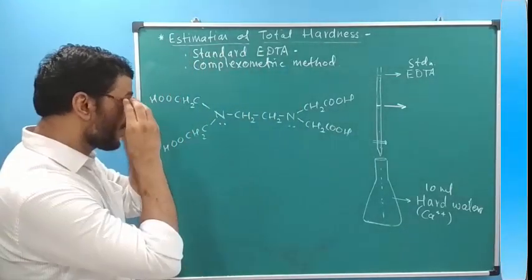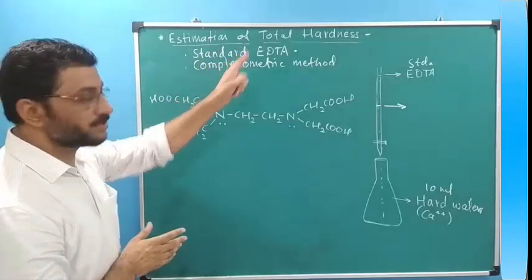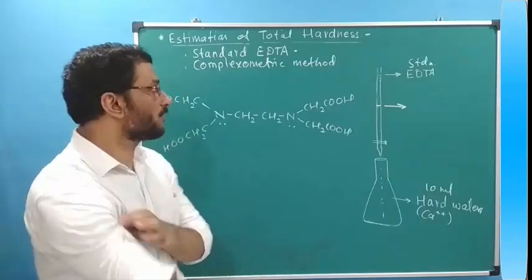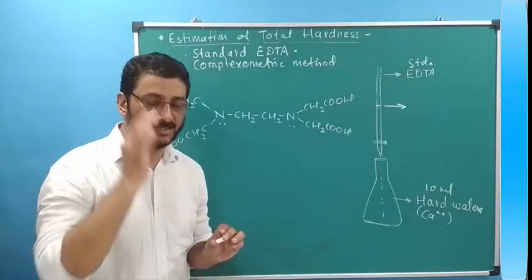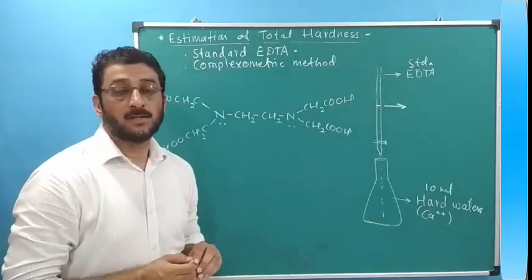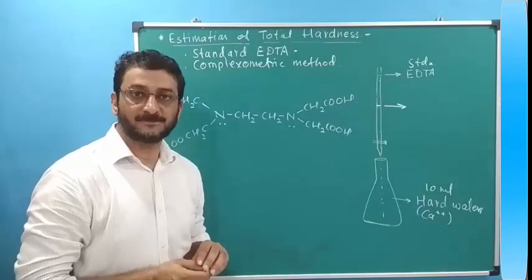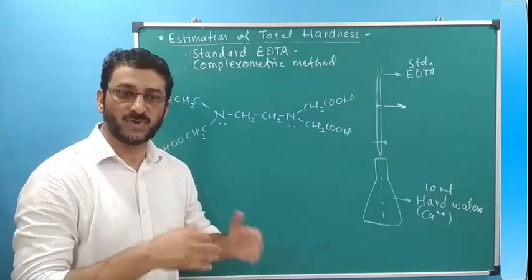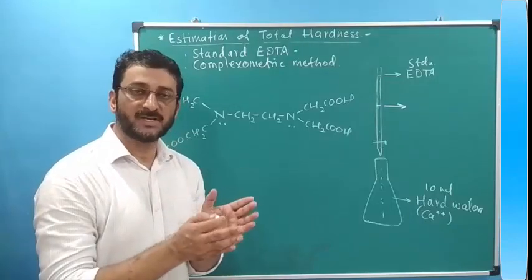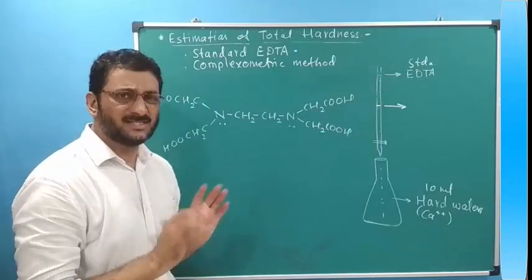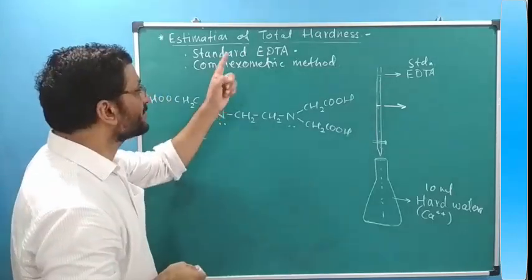First topic or first experiment of your syllabus that is coming under unit number 1: estimation of total hardness of water. The background you should have before going to the experiment is you should know what is hardness, what is hard water, types of hardness, how we express hardness, like CaCO3 equivalent, the units of hardness, and names of the salts responsible for making water hard. This much background we should have. Considering that, we will proceed to how to estimate hardness.